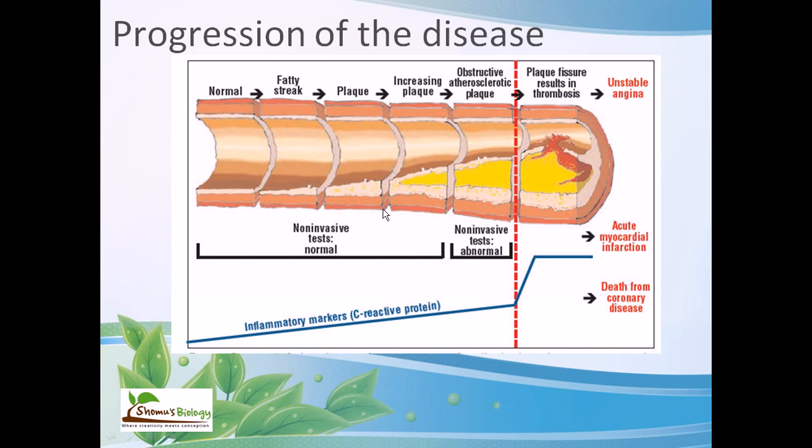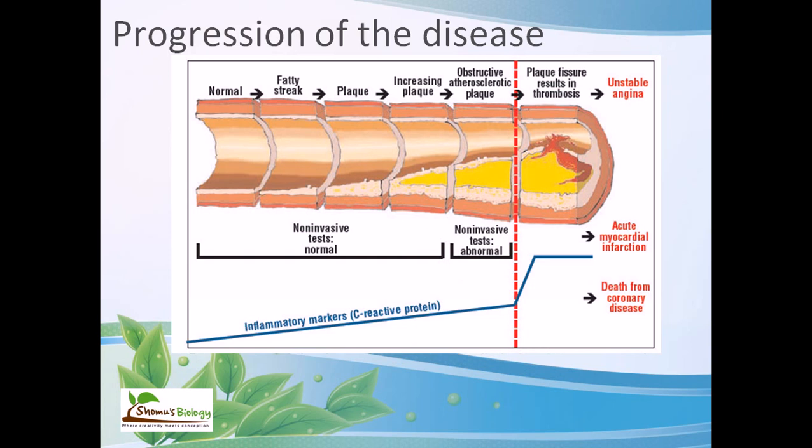Now finally, once the plaque is slowly increasing, many more types of cells, like red blood cells, white blood cells, and platelets, start to arrange and adhere to the inner membrane of the blood vessel. And finally the amount and the density of plaque start to rise. Once the density reaches a particular value, called the obstructive value of the plaque, in that condition